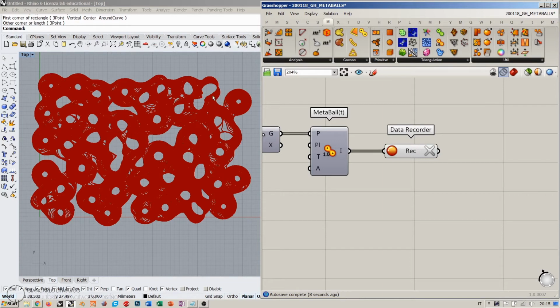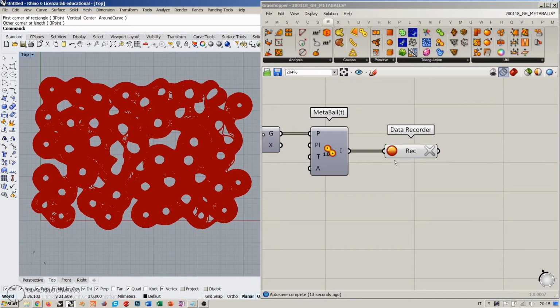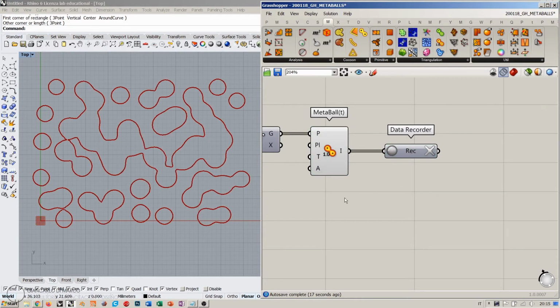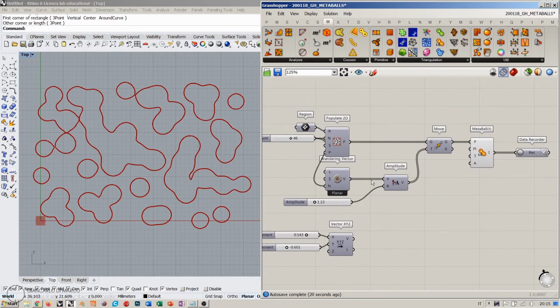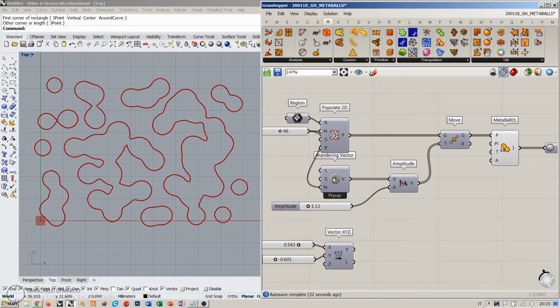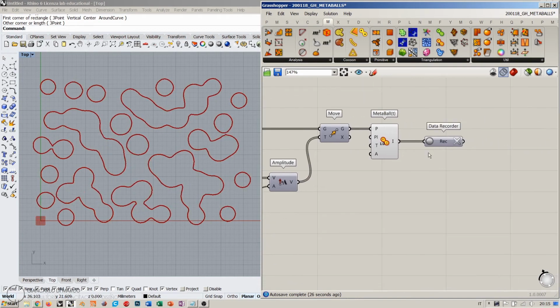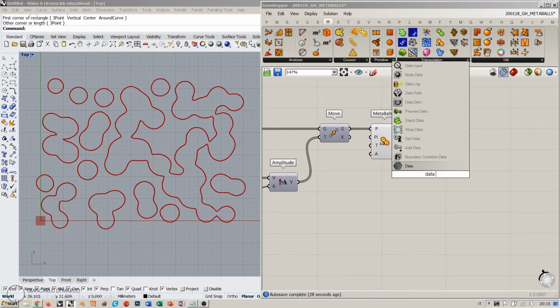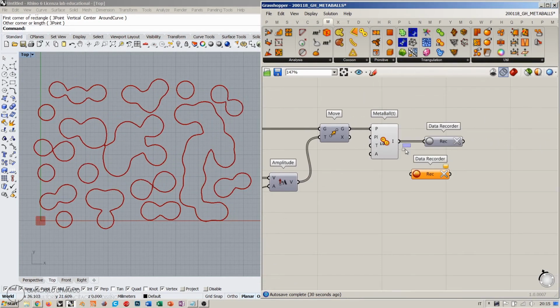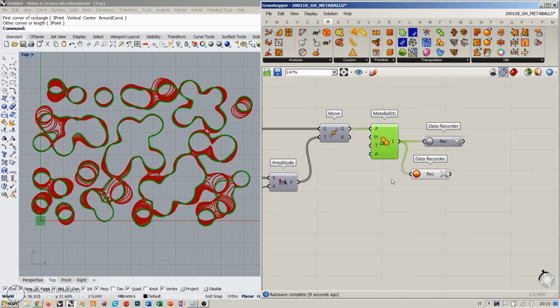So you can see we start to get this kind of organic pattern in the XY plane this time, which looks very nice. And as it is based on a Heteroptera component, which is the wandering vector, you can be sure that if you take another data recorder and start recording these,